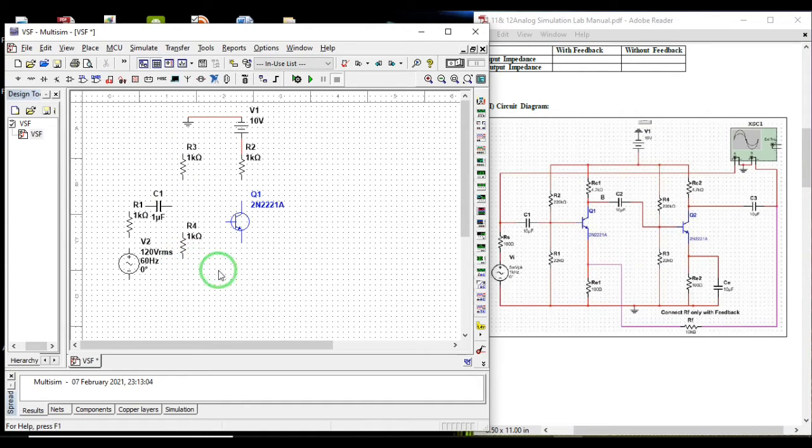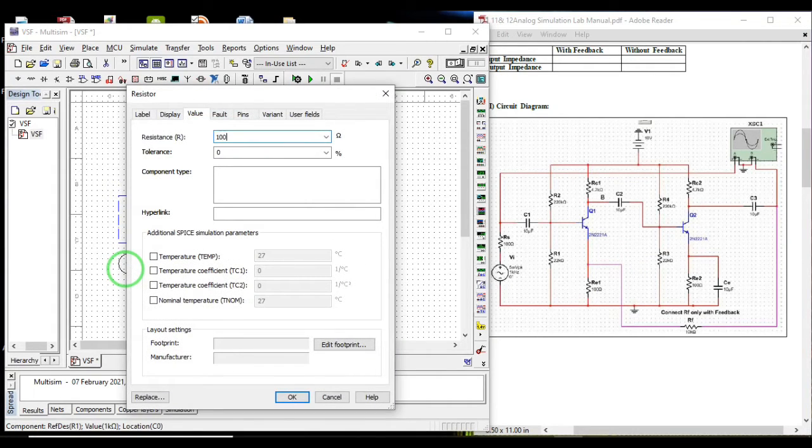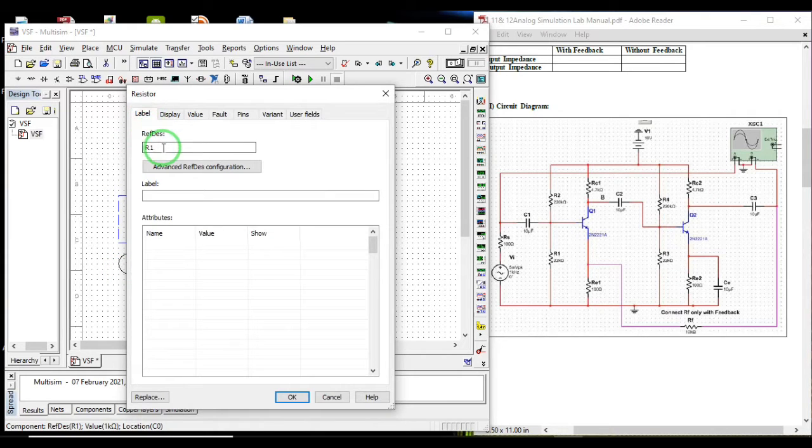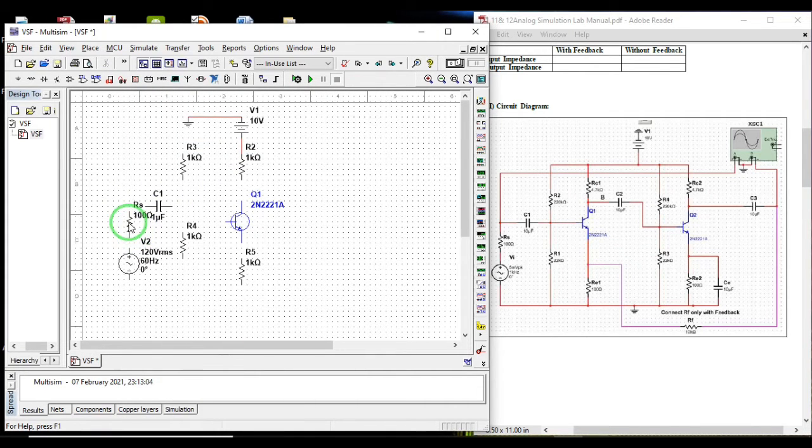We have one more resistor here and one more resistor here. So we have placed these values. This is 100 ohm, and the label, if you want, you can type it, which is RS, source resistance, 100 ohms.